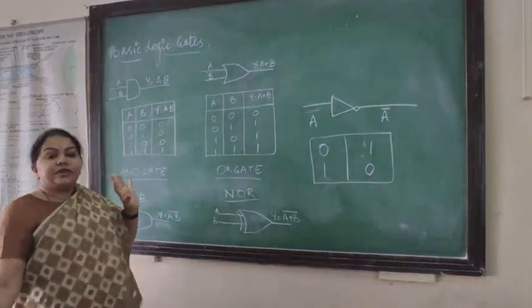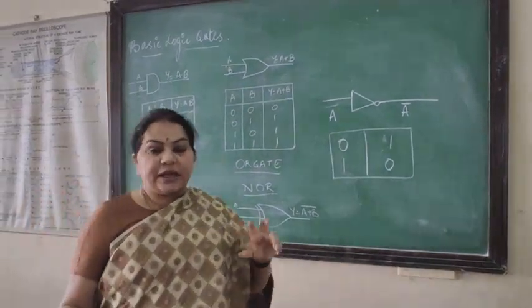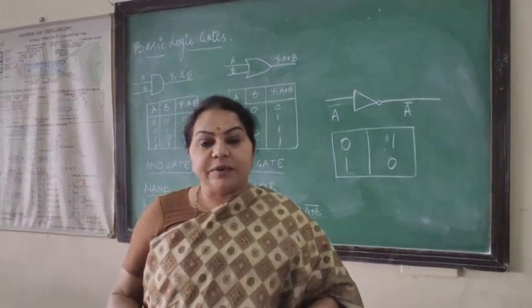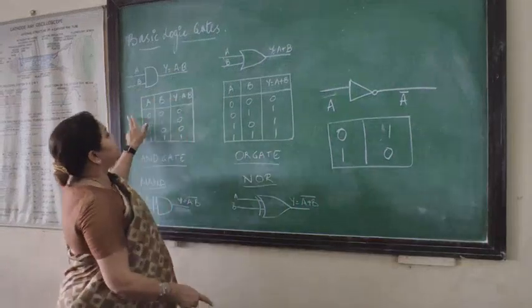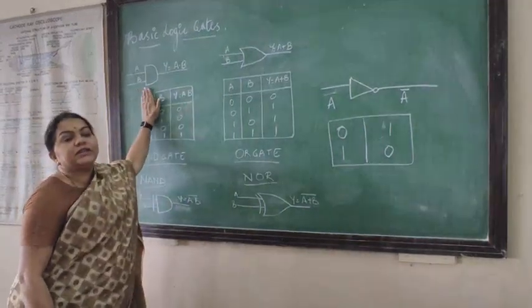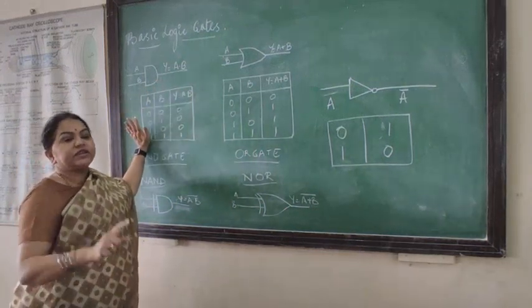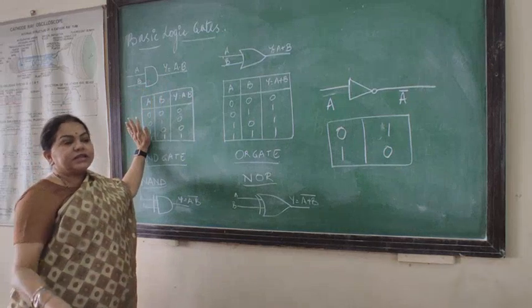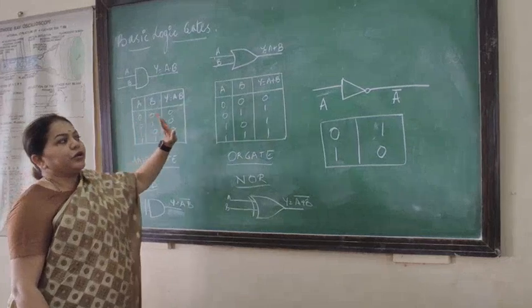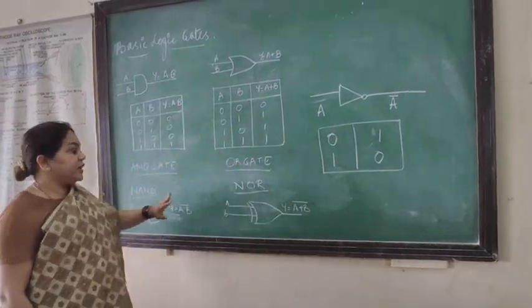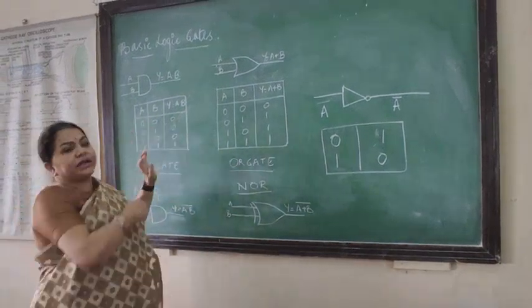Now, how are you going to verify? In the experiment, you are going to take gates and connect them. You are going to give some input and check whether the output is verified as per this table. We will only think about the AND gate first, which I will show you on the circuit, and how you are going to connect. The same process you will follow for the OR gate, NOT gate, and further NAND and NOR gates, that we will do later. So just look at the AND gate.